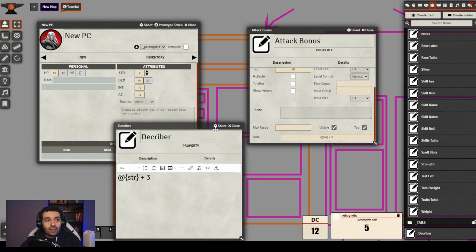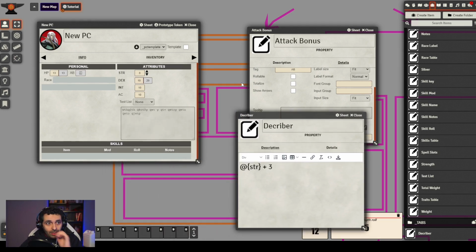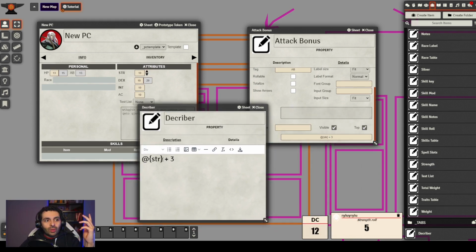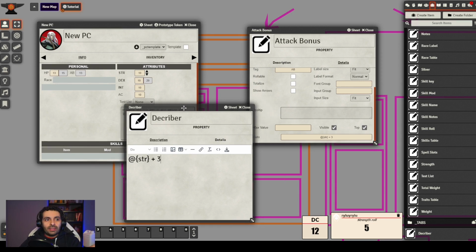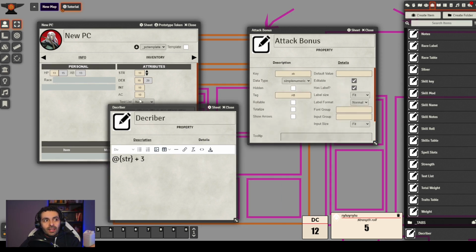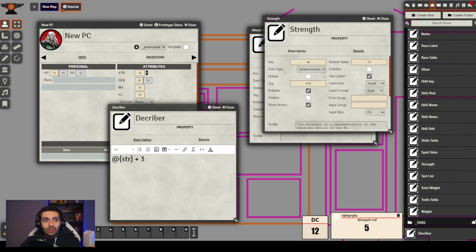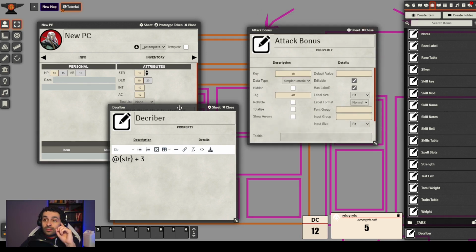This is just to refresh your memory. As you can see, AB is 8 + 3. So if I change strength, AB changes. Between the parentheses, you have to write the key of the property, and as you can see, the strength property key, which we had open, is str. It's as easy as that.